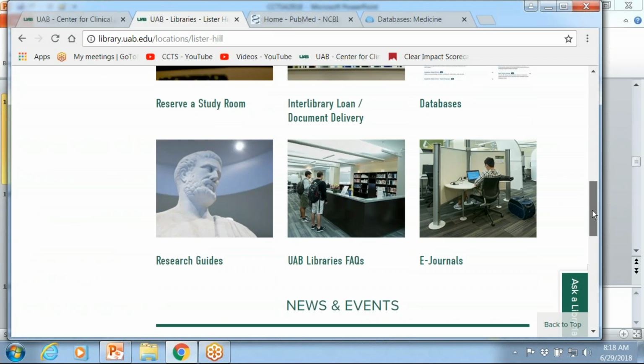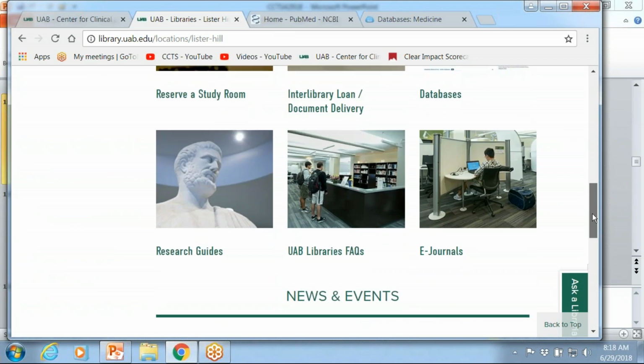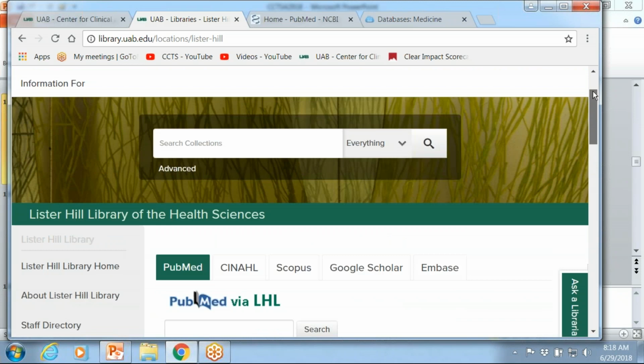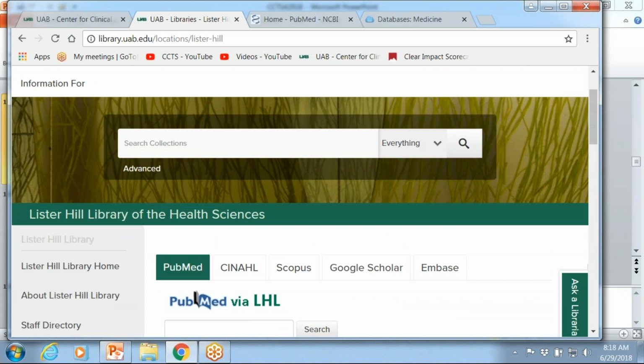And then there are some other resources down here, some FAQs. Here's the link to the research guides that I was telling you about. There are a number of those. And then there's our catalog at the very top. You can use it almost like a Google search, in this basic search form. However, that can be overwhelming in the same way that Google can be.